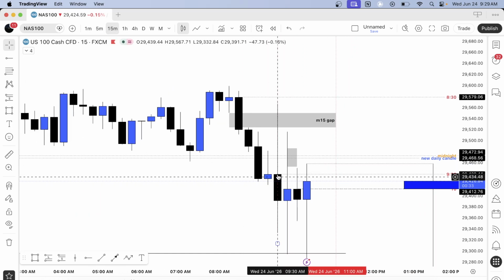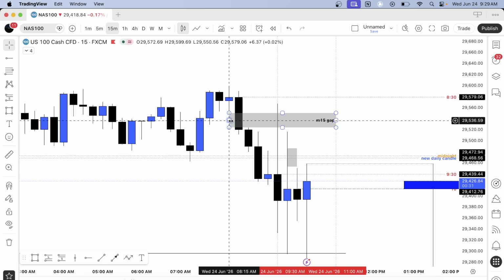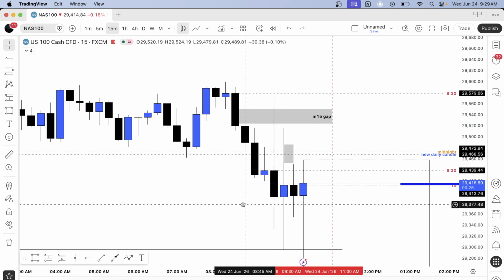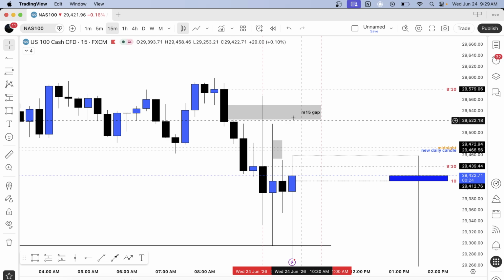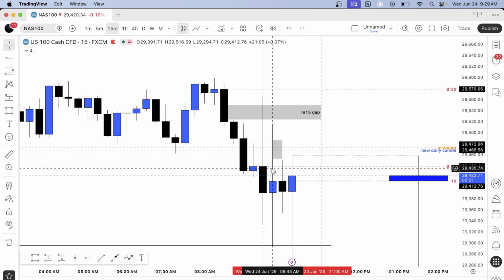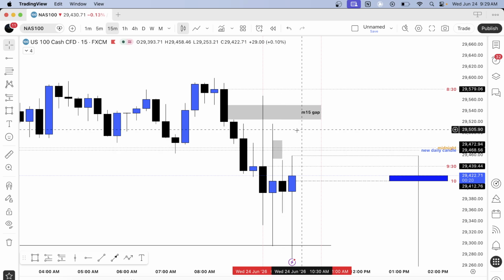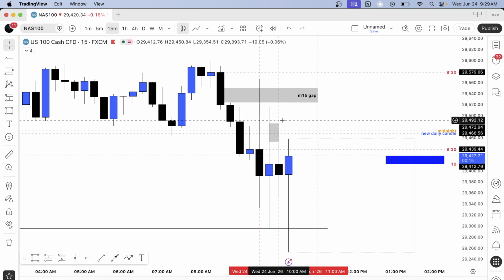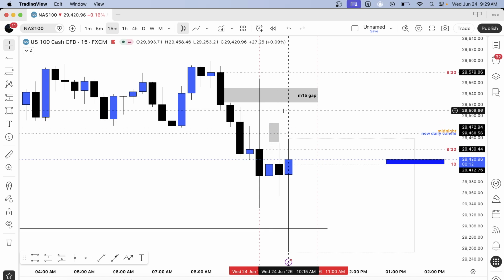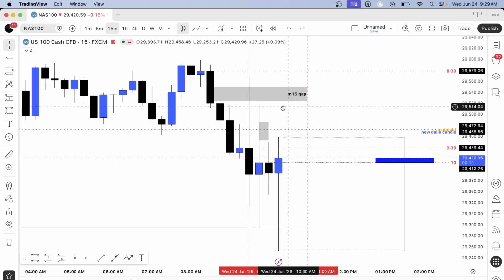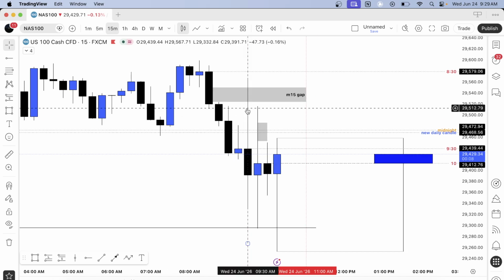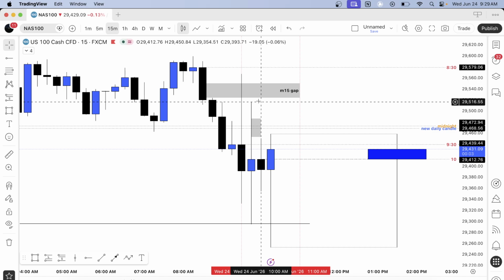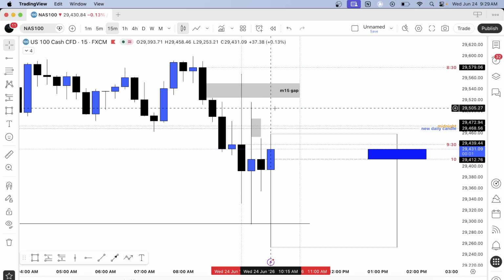So on the 15 minute, we had this 15 minute gap right here that price tapped into when the market opened. And then you could have targeted this midnight to daily level, and that would have been the trade. But like I said, I only take trades after 10 when the macro comes in. So I did not end up taking this trade right here, and I sat on my hands. But if I did, it would have been a break-even trade anyways.